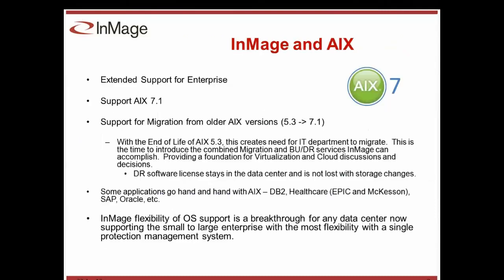So we're really excited about our AIX, especially the AIX 7.1 support, and being able to extend that support in the enterprise. Support for migration from older AIX versions into 7.1. What we're seeing in the marketplace for AIX is now that version 5.3 has entered extended or long-term support from IBM, there's a big push to move and migrate that information into a later version, whether it be 6.1 or